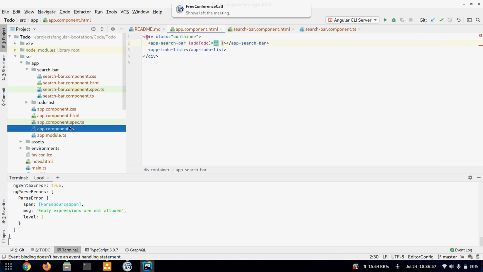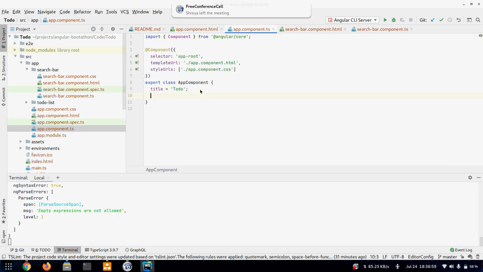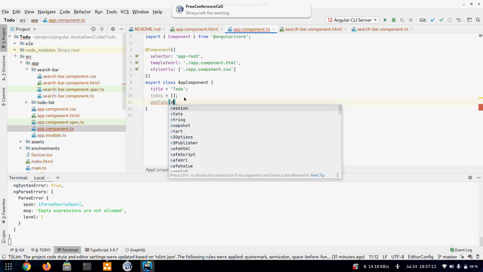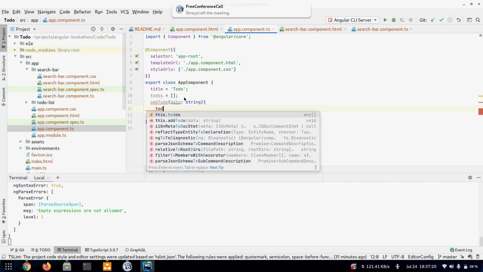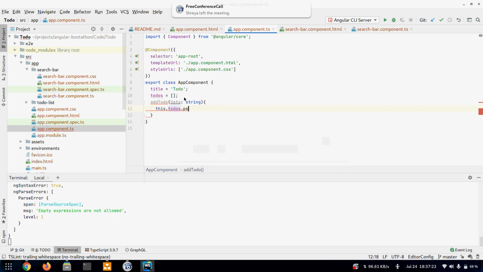Let's create some function first. First I'll add here toDos as an empty array. Then I'll add a function, addToDo. It will get called with something, let's say data, so I just push.